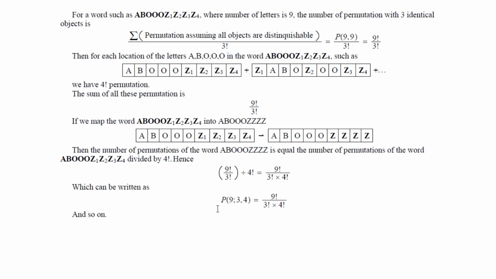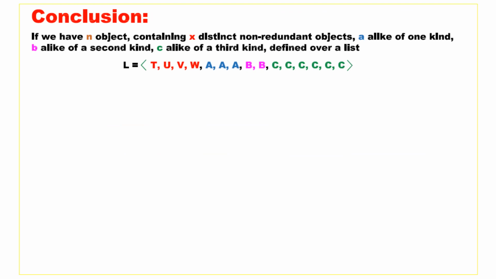And we can write permutation of 9 objects with 3 and 4 identical items is equal to 9 factorial divided by 3 factorial times 4 factorial. Let us now draw the following conclusion. If we have n objects containing x distinct non-redundant objects, a alike objects of one kind, b alike objects of a second kind, and c alike objects of the third kind, defined over this list here,